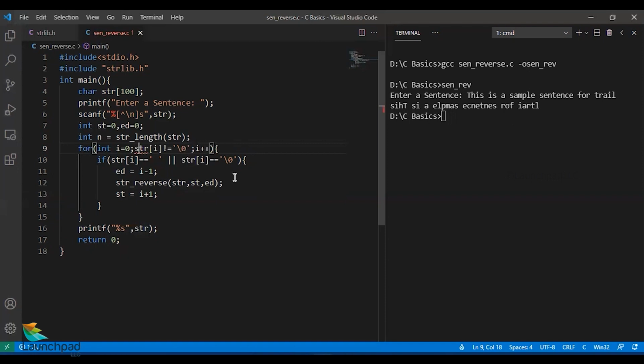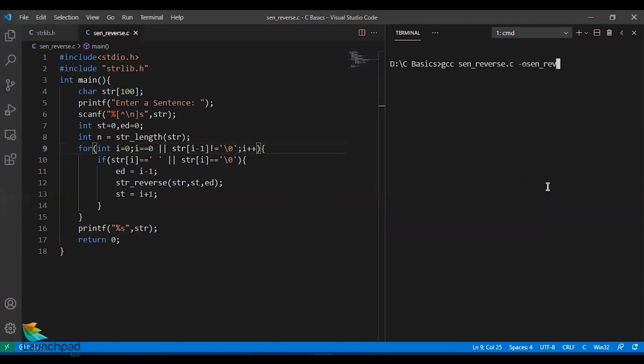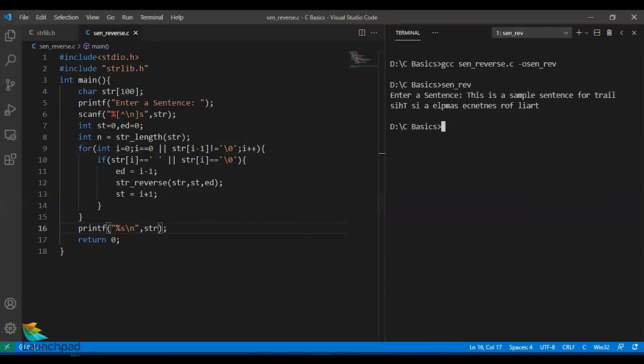Let's alter this in a better way. Post printing the string, I'll print a new line character for legibility. I'll compile this and run this again. Now you could see the sentence has been reversed perfectly right.